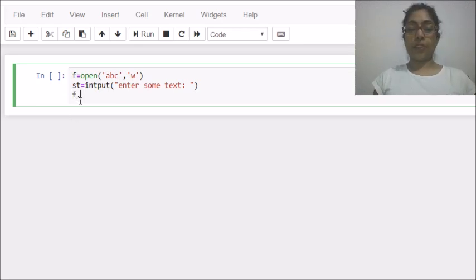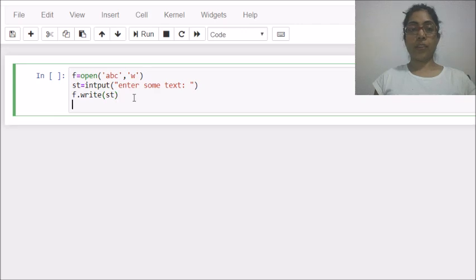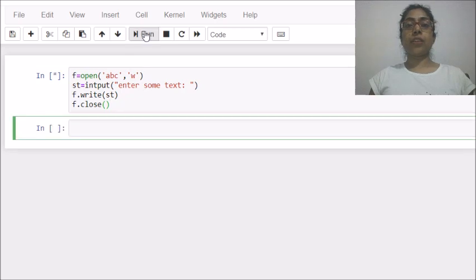So I will write f dot write st. This is the string which I took from the user with the input function, and that string will get written in the file. After that I am closing my file.